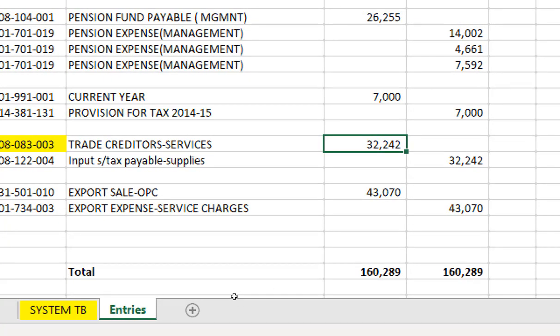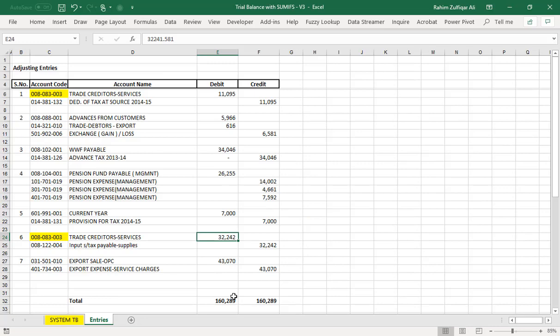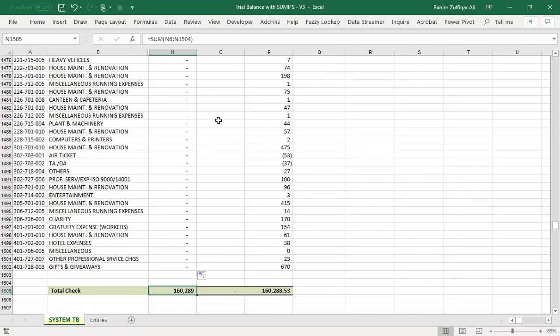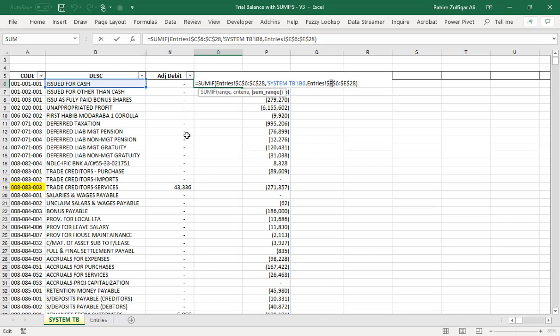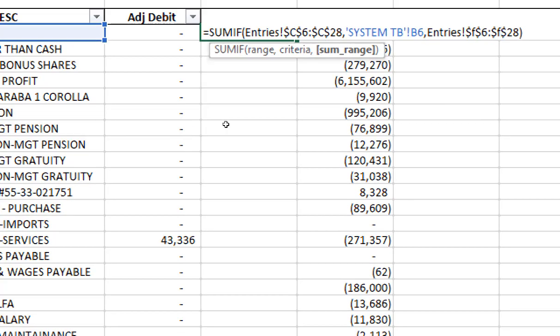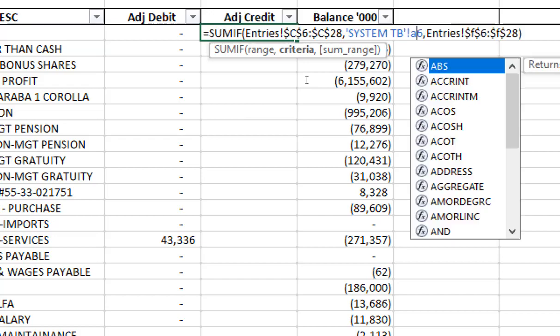So this is balanced. Similarly, for the credit side we just copy this SUMIFs function, and instead of E6 we change the reference to the credit side, that is F6 till F28, and the system TB GL codes start from A6. That's it.